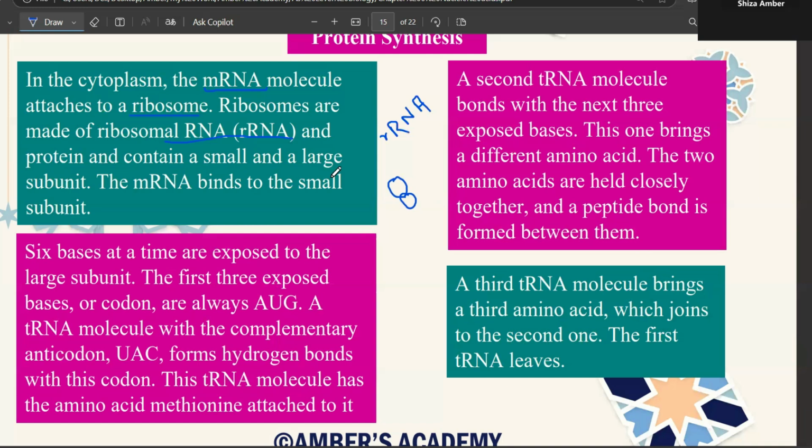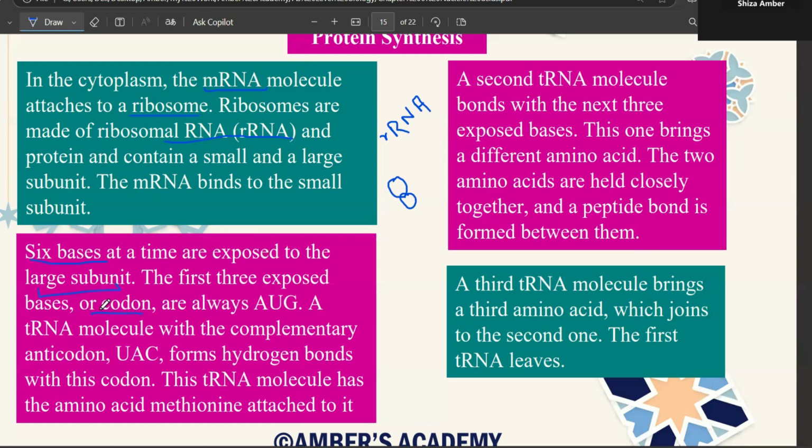Your mRNA comes out from the nucleus. It's going to bind with the ribosome, and it's going to centrally bind with the smaller subunit of your ribosomal RNA. Then 6 bases at a time are exposed to the large subunit. So 6 bases of mRNA, your mRNA is going to attach somewhere over here in the middle of it, and at that time 6 bases of mRNA are going to be exposed, and the first three exposed bases